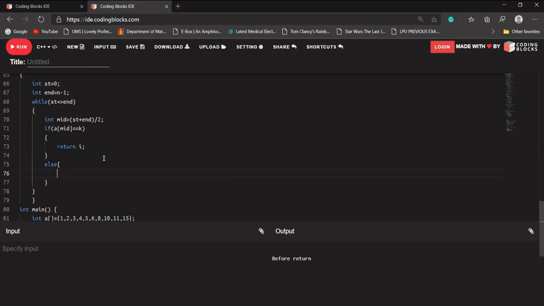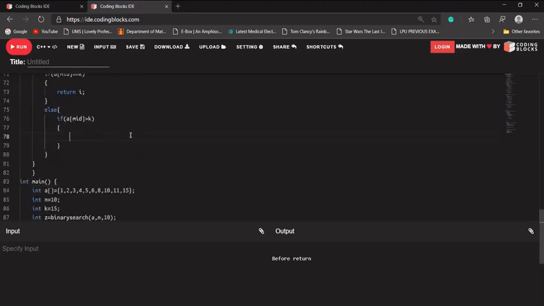Let's try to understand. If a of mid is greater than k, that means our value k will lie before mid.